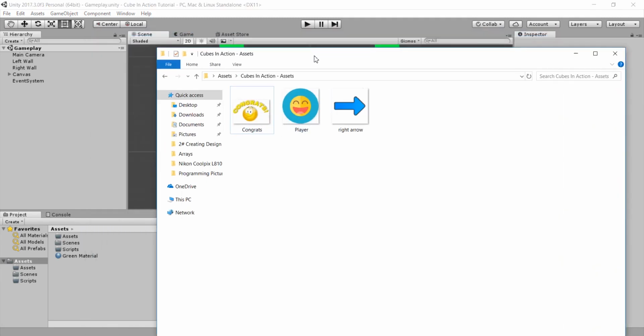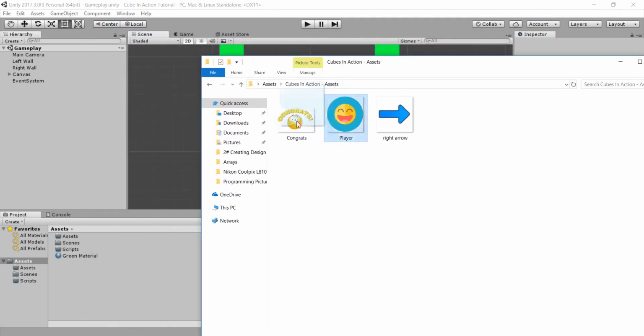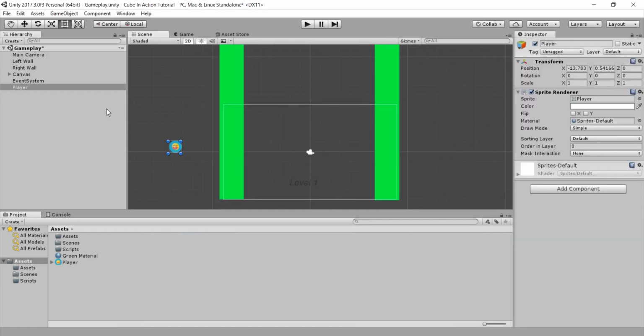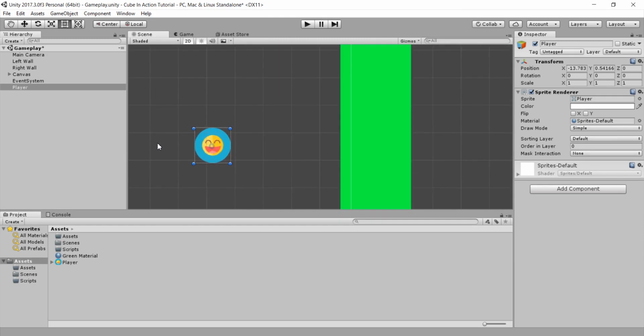So to this folder of assets and just drag and drop our player right to the screen. And let's minimize this folder and we see our player. So our player is actually some kind of circles, smiley, I don't know, but this is just the appearance or graphics of our player. So we need to just, instead of player, type here graphics, and this will be just the graphics, as I said, and appearance of our